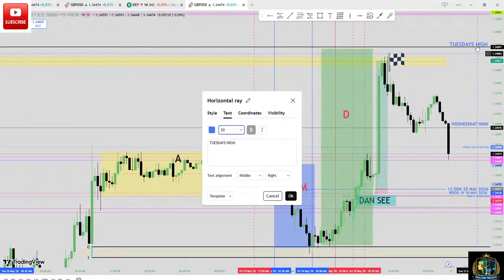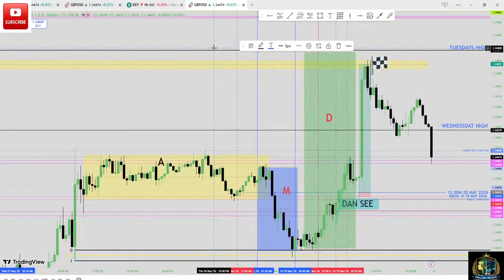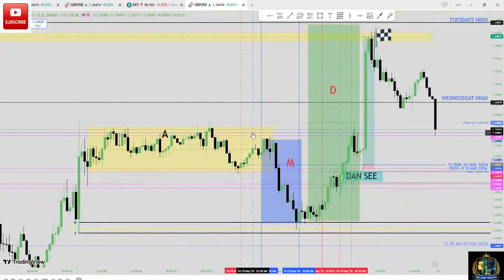You can see it over here. Tuesday's side is this black line, and Wednesday's side is also this black line. I want to increase the right side so you can see what I'm trying to say. Wednesday's high, which is this black line. I'm sure you are seeing the line. Let me put it to two. All these black lines are previous day highs. This is Tuesday, this is Wednesday. That is the main objective.